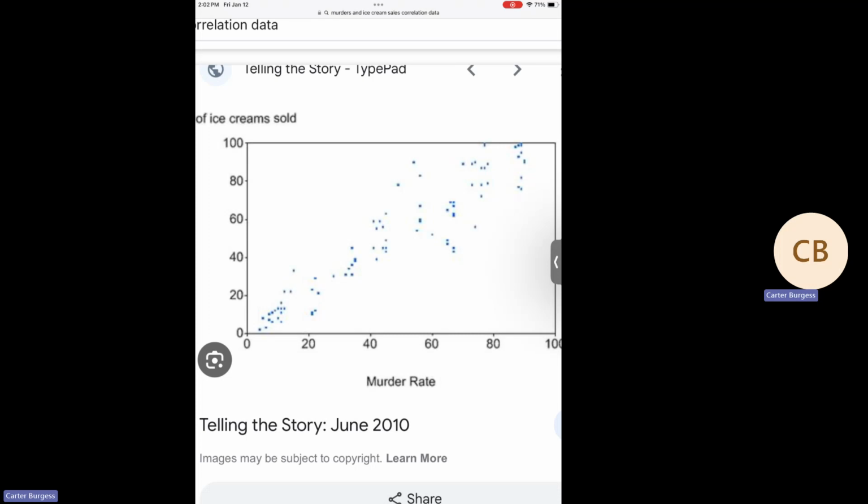That makes more sense than saying that murders are causing people to buy more ice cream. Certainly it feels like there might be some kind of causal link. But even in this case, we actually still don't have enough to talk about causation. We don't have enough to imply that our studying is what is causing the change in grades. What could be an underlying third variable that might cause someone to both study more and also score better on an assessment?